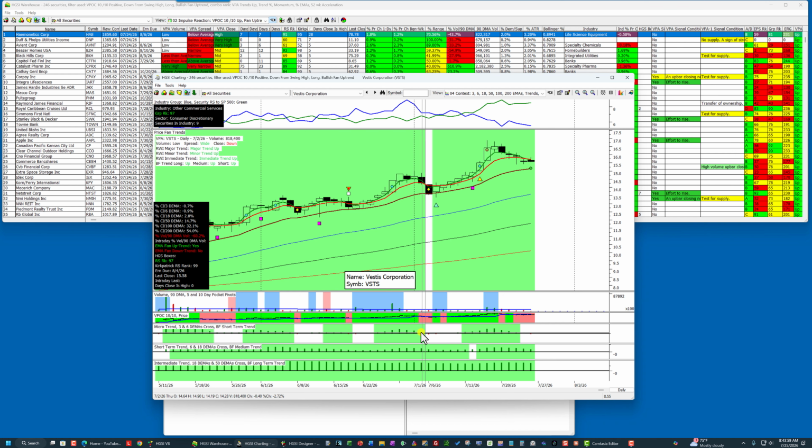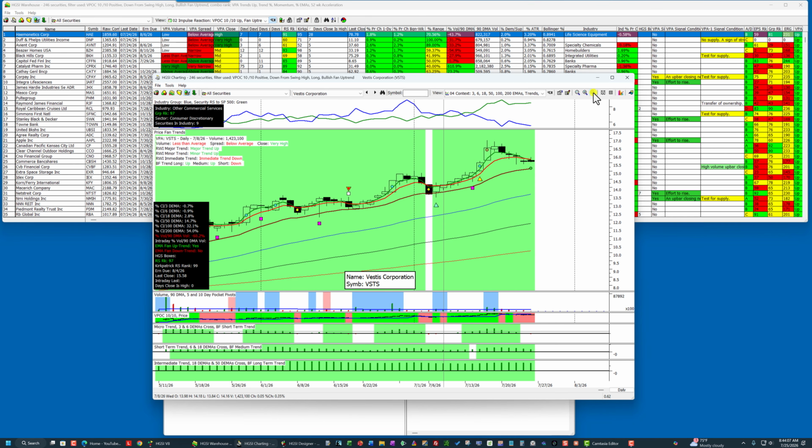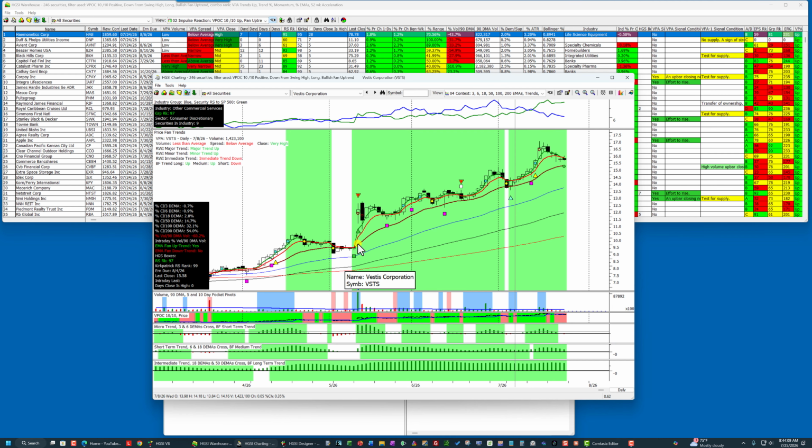If you look at that, you'll see there are pullbacks, and what I mean by the impulse, I'm going the wrong way, impulse reaction is this is a move up. You can bring up a